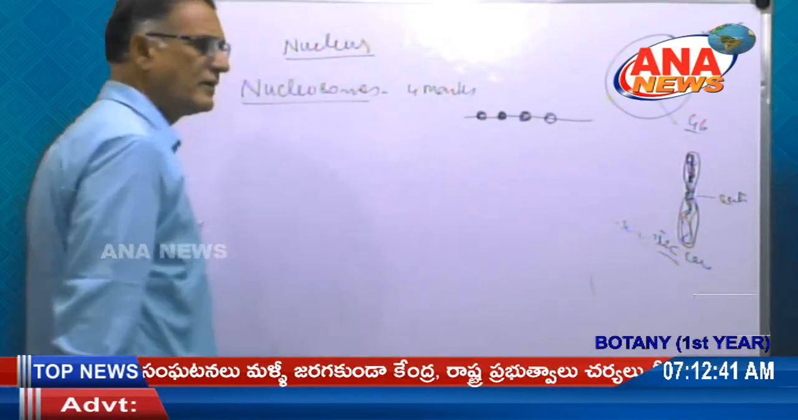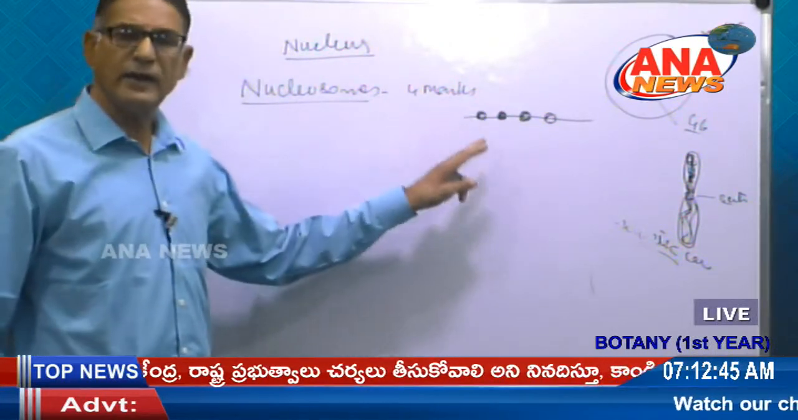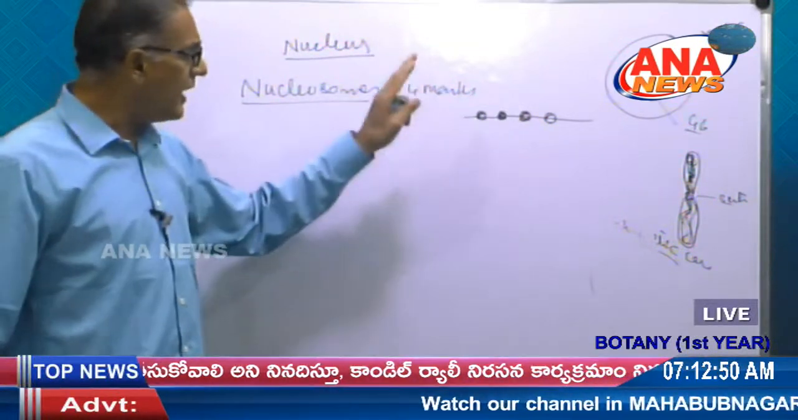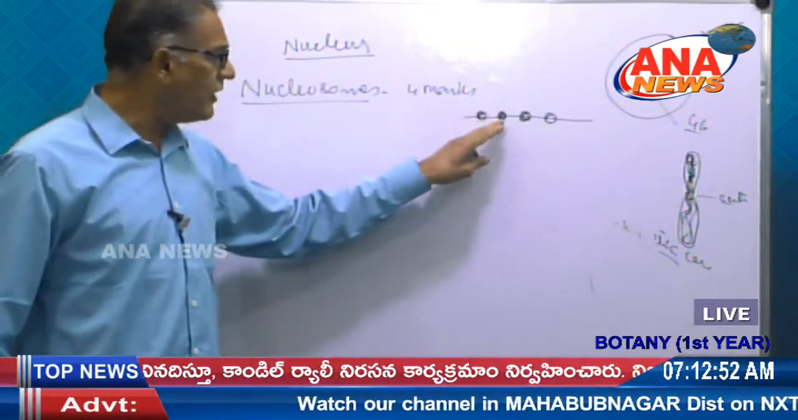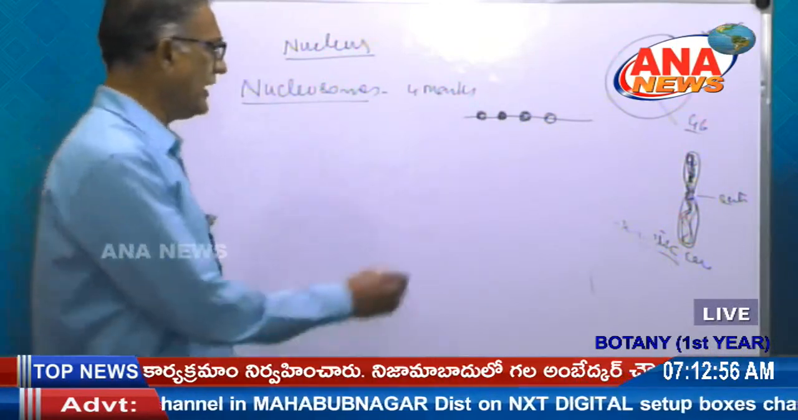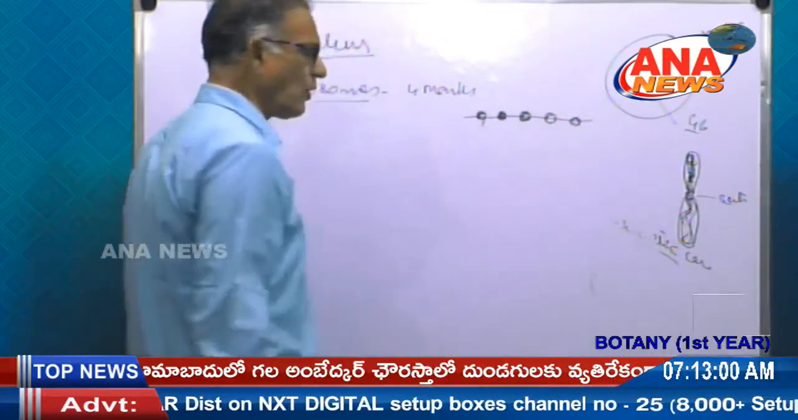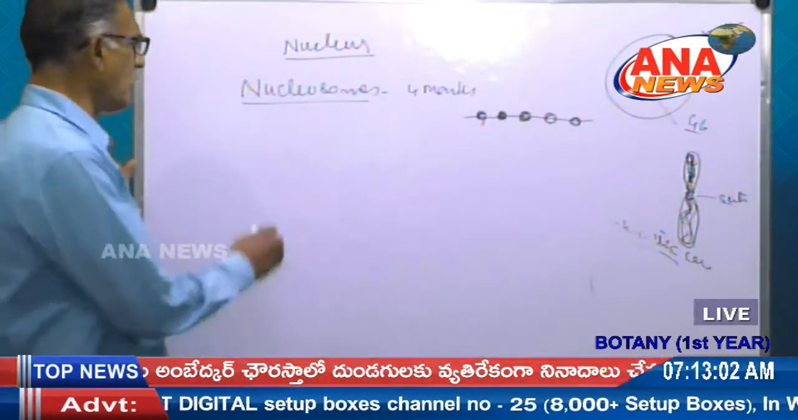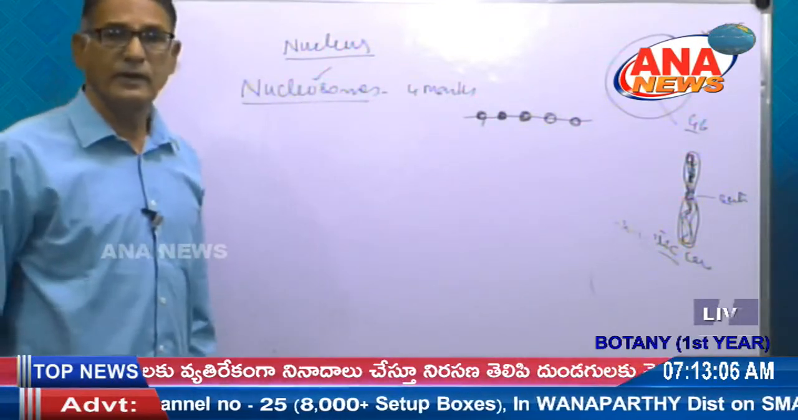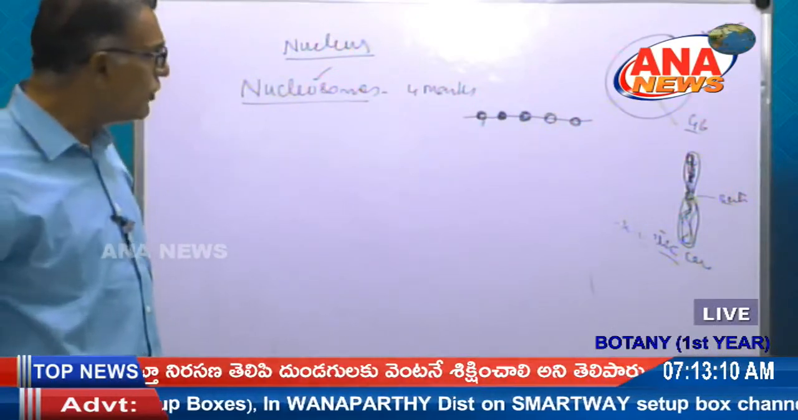Beads on the string. When we view under an electron microscope, the chromatin appears as beads on the string. So these bead-like structures are called nucleosomes. The nucleosomes which contain